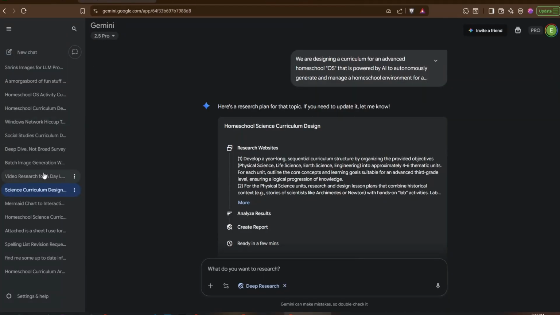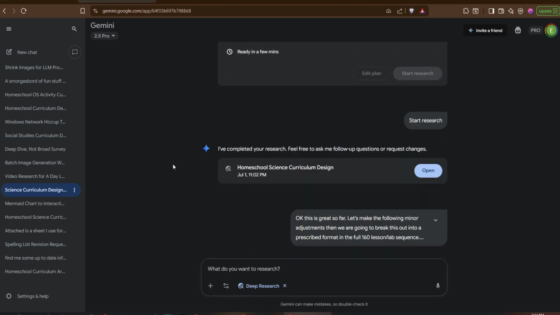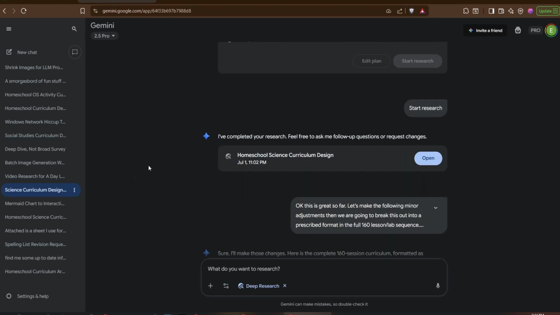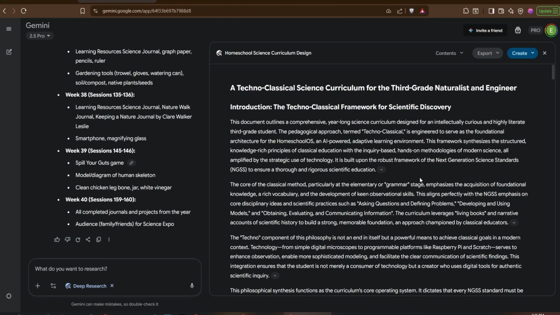And if I look back here, you can see inside some of my projects where I built the curriculum, I gave it a lot of texts, right? So I would start from giving it example teacher lesson plans and say, we're going to build something that looks like this. And then I would run these research prompts that would develop this into various stages. So if I look at this,